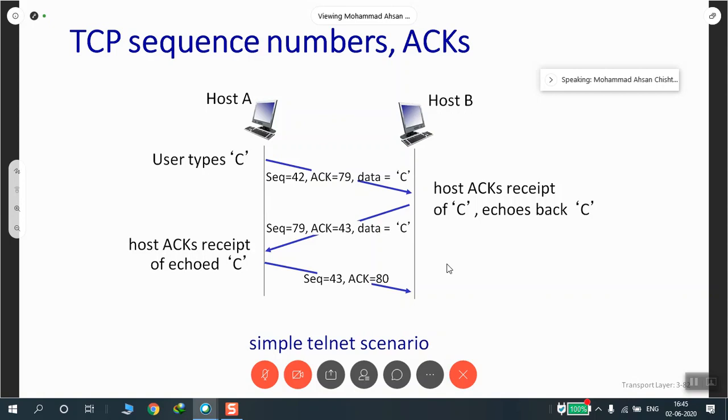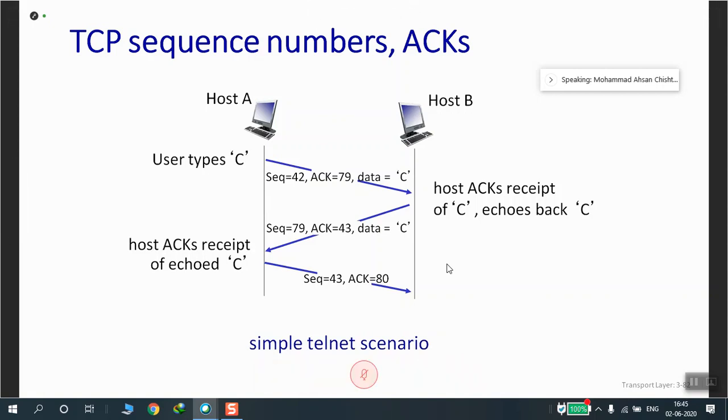In the reply, it changes the sequence number to the acknowledgement number that was sent by the sender, that is, we see here 79. So the acknowledgement sent by the sender in the packet is used as the sequence number. And it acknowledges packet number 43.